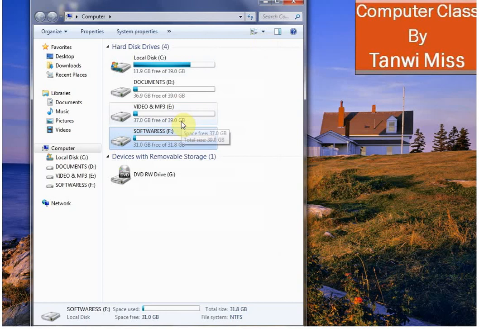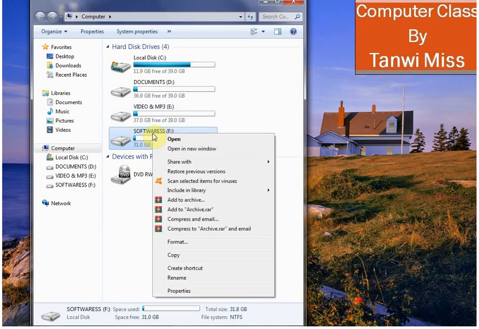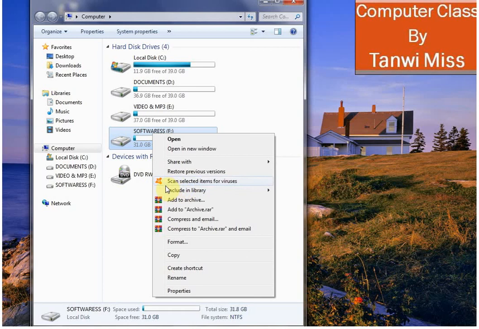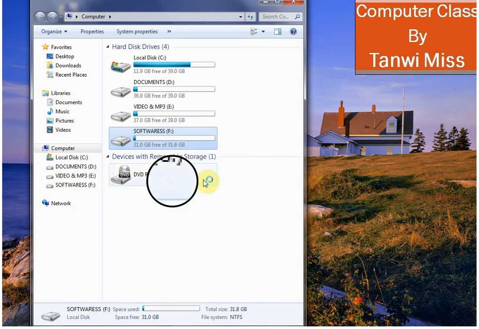Another way to check whether the drive is containing virus or not is to right click on the drive you want to check or scan. You must have an antivirus software installed in your computer. Here in My Computer you can see Avast antivirus is installed. So you just click on this, scan selected items for viruses. You just click on this,